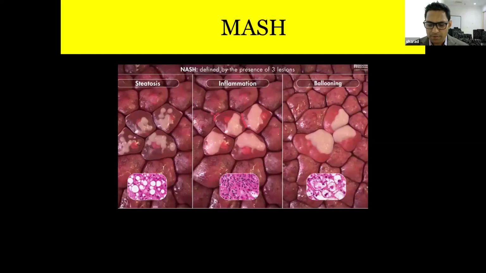Now, let me give you an example. You have a tent and it has a bamboo structure in it which is holding the tent. Now, if this bamboo structure is broken, the tent balloons out. So same thing, a hepatocyte has all other organelles. It has mitochondria, Golgi bodies. So there is a cytoskeletal structure framework. Now, when this fat starts occupying the cell, it distorts the internal architecture, and then the cell is moving towards cell death. So that stage is ballooning.